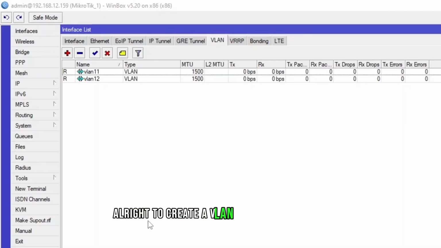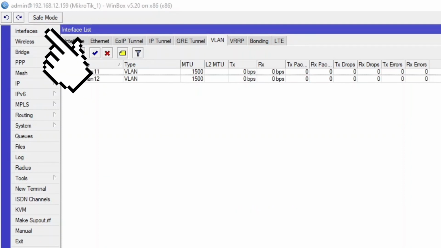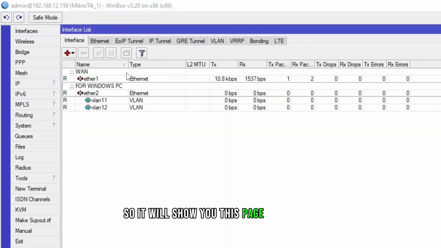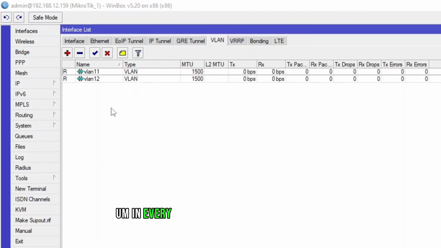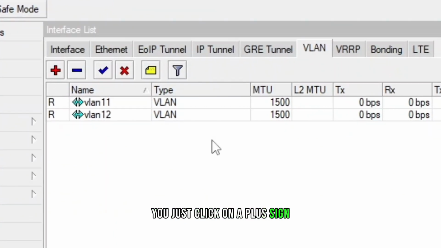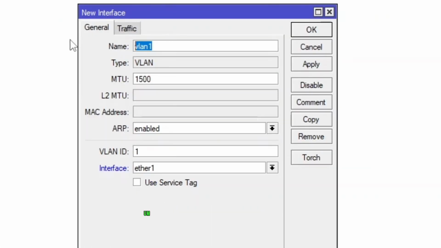Alright, to create a VLAN on Mikrotik router, you have to go to interfaces. So it will show you this page right here, and then you will have to find the VLAN tab, that's probably on 4th or 5th number in every Mikrotik. So under VLAN section, you just click on a plus sign and assign a name. Like I'm gonna say VLAN 15. So sorry, spelling mistake. VLAN 15, and the ID,